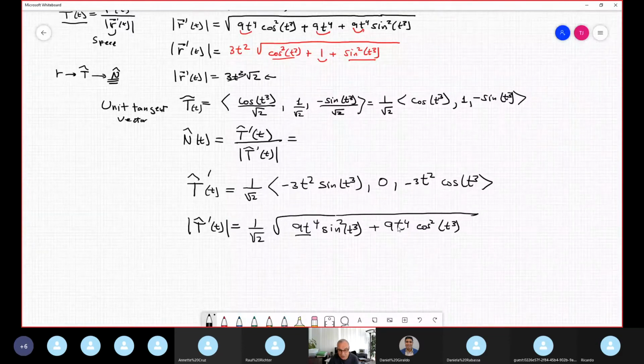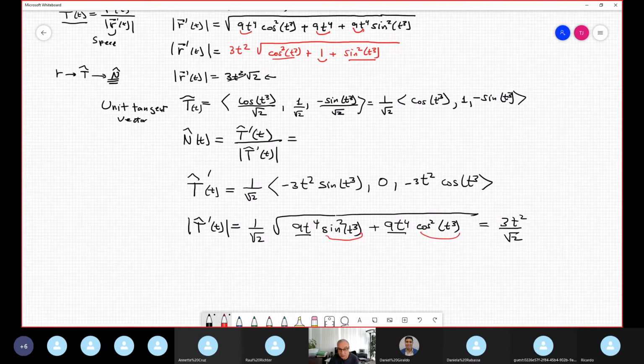Again, I can see 9t to the 4th power is a common factor. I factor it out inside the radical, and outside it is represented as 3t squared. So the answer is 3t squared times radical 2. And inside stays sine squared plus cosine squared, which is 1. And the square root of 1 is 1. Okay, now when you divide, so the final answer, the normal unit vector